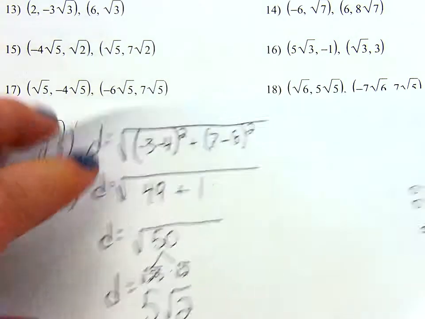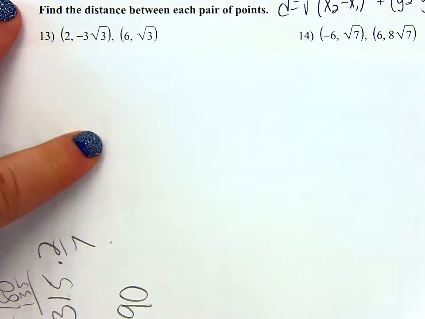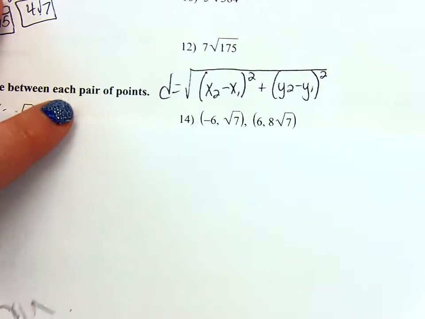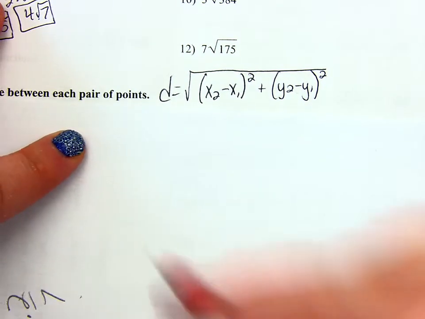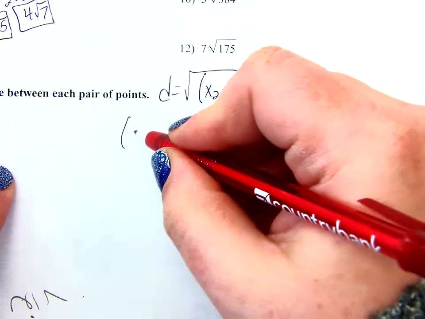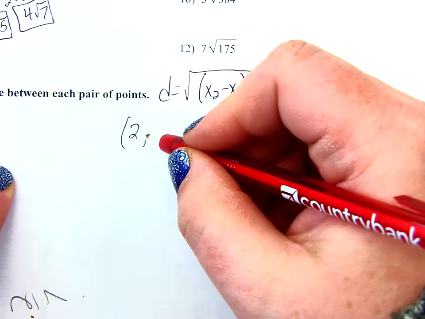So if I look at number 13, for example, the points have square roots in them. Lucky us. So I'm just going to rewrite them over here so it's a little bit easier to see. Okay, so the points are (2,